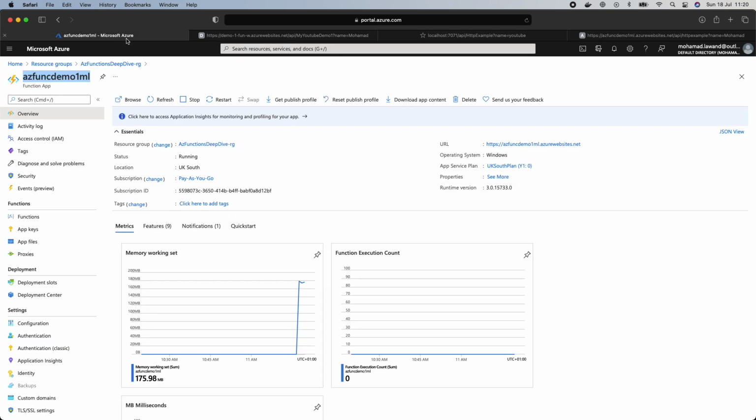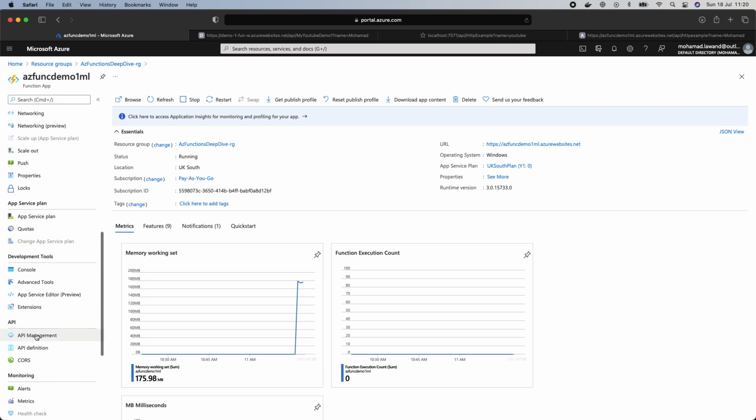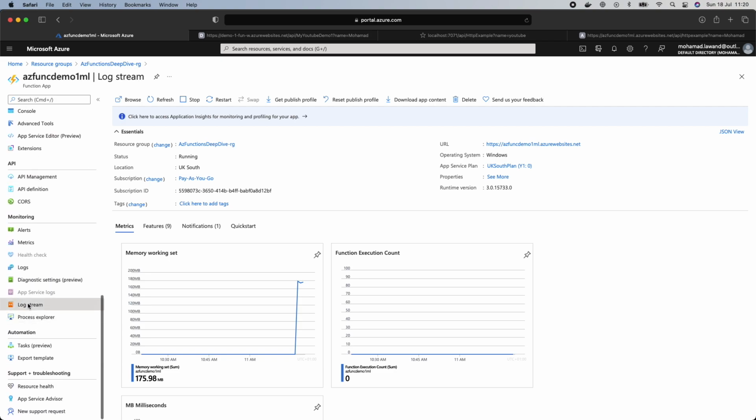This is HTTP triggered function, perfect. And we can see AZ function 1 function demo 1 ML, perfect. And now the nice thing about it, if I go here, we can see that automatically we have confirmation to start working, because we can see the memory is up. And if I go to the logs, let's see the logs, if I go to log stream,